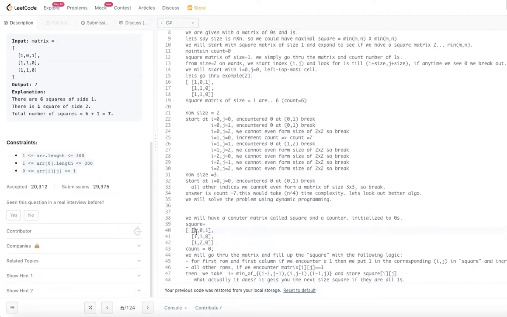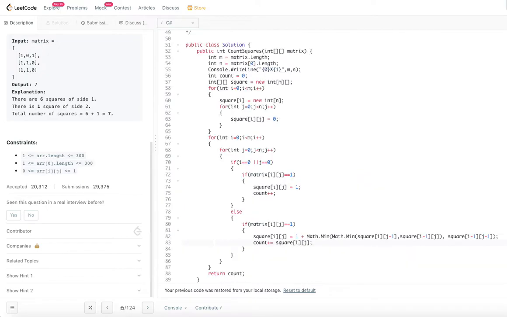So how much is it, if you count all this, 2 plus 2 plus 3, 7. So 7 is our answer. That's what we need, right? So basically we are trying to fill this matrix and count whatever the contents of the matrix. That's it. So that's the approach that we are going to see. So let's go look at the code for this particular thing.